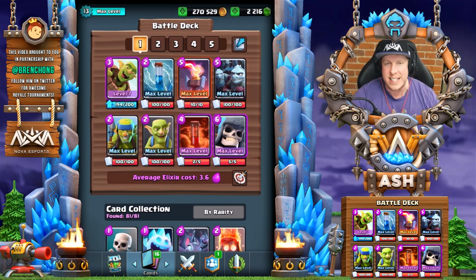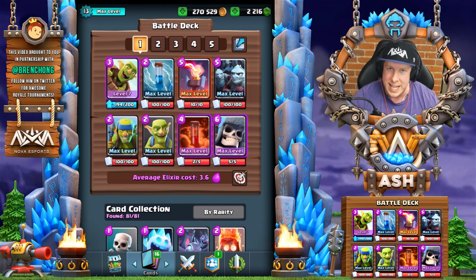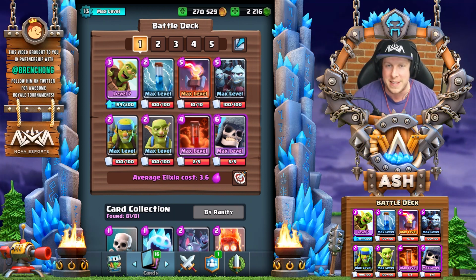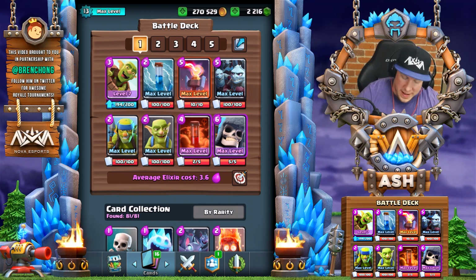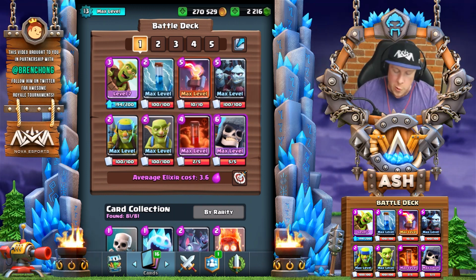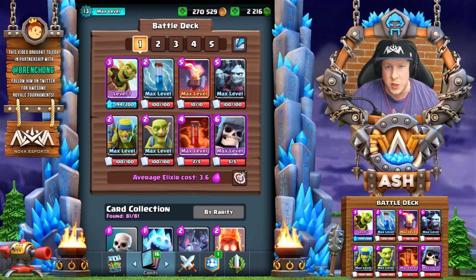I'm doing fantastic, and today you're going to be sharing a pretty crazy deck with us. It has the Giant Skeleton, it has the Goblin Barrel, and it has both of the other goblins too. A lot of goblins in this deck, and it's really strong defensively. You have the Inferno Tower, you have 2 spells, Zap and Poison, and of course Minion Horde. I really want to hop into the replays here because you've gotten a lot of 12 wins with this deck,